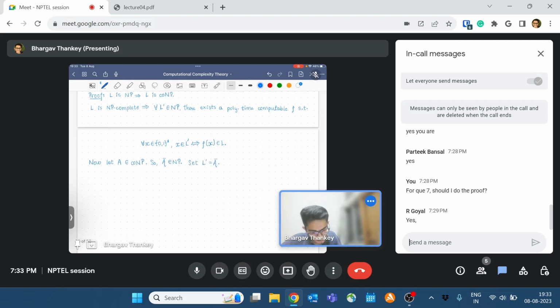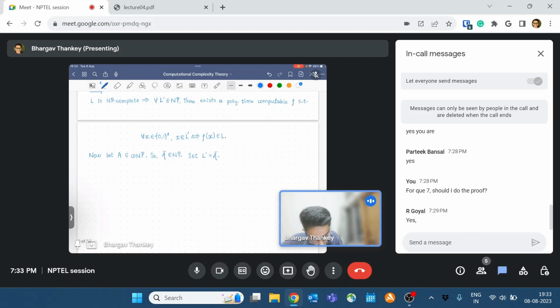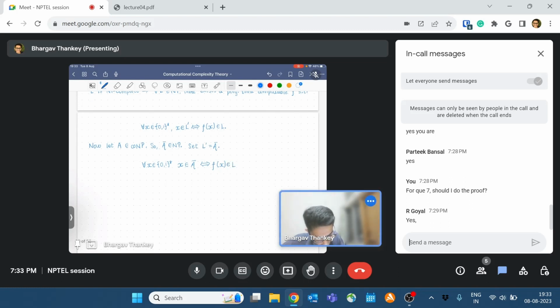And what do I get? For all x in {0,1} star, x in L prime, which is the same as x in A complement, if and only if f of x is in L, right? And this is the same as